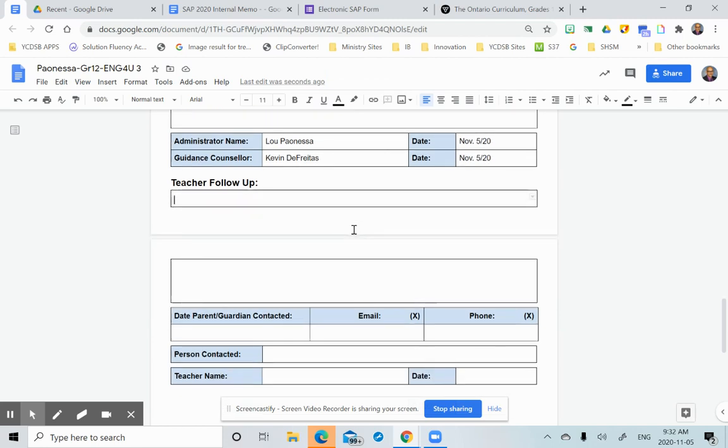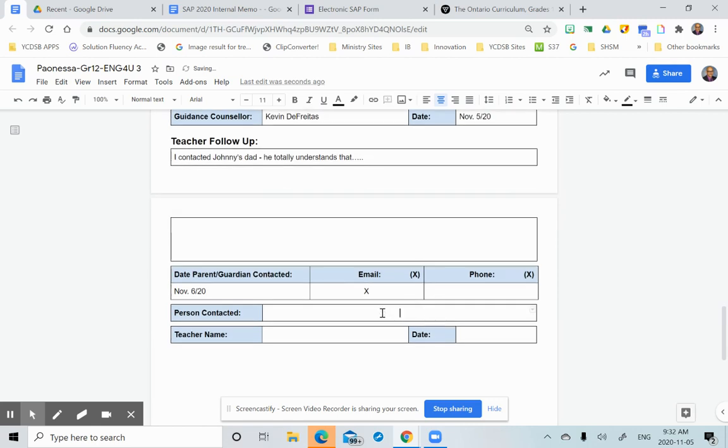And then once I've followed up, I've made my phone calls. I contacted Johnny's dad. He totally understands that, blah, blah, blah, blah. Moving on, I would put the date here that I contacted. Did I contact him by email or by phone? I'm going to say I emailed him. Okay, and Mr. Smith,